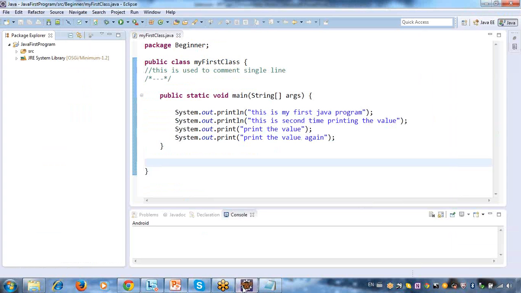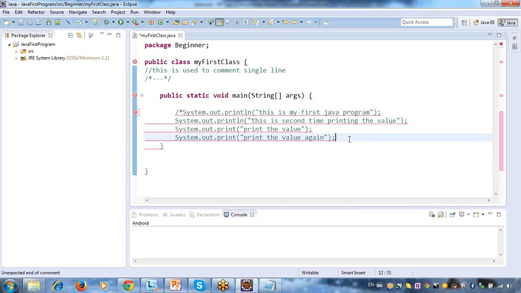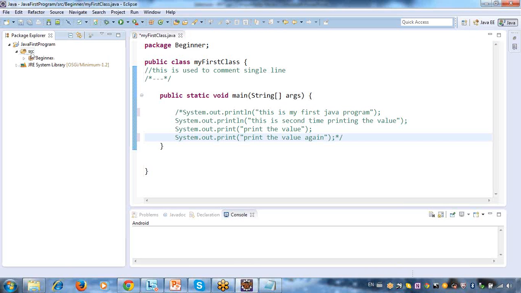Now, here in Eclipse, I don't want this code, so let me comment it. How to comment the block? If you want to comment the block, use //, and the entire block will be commented. Otherwise we will take another class. Right click, and we create another class.